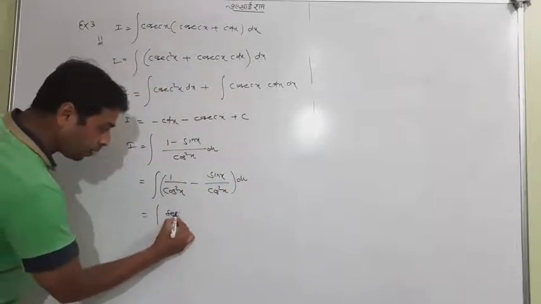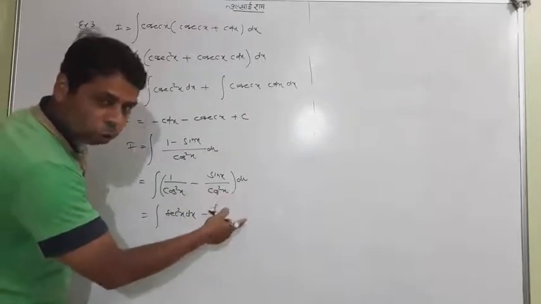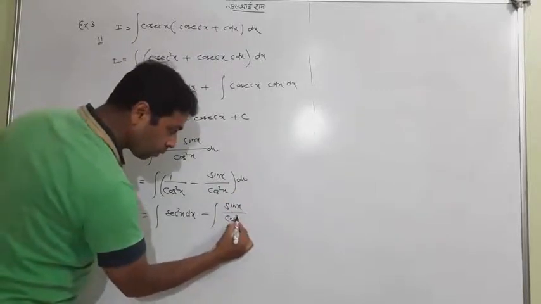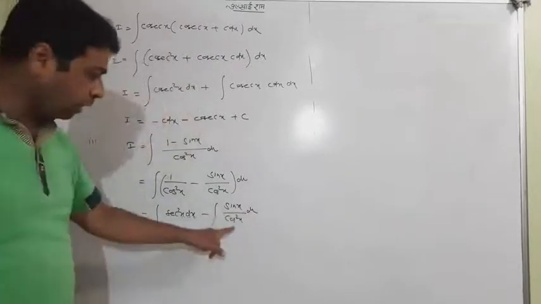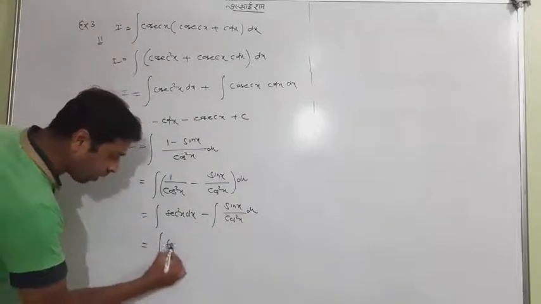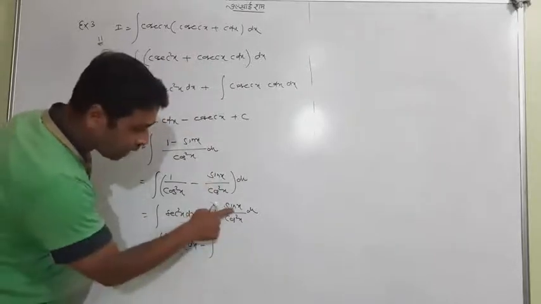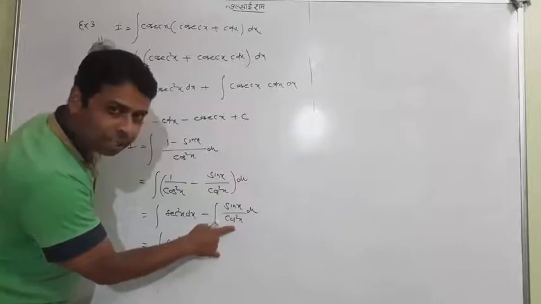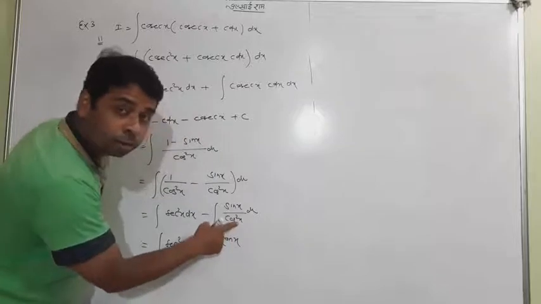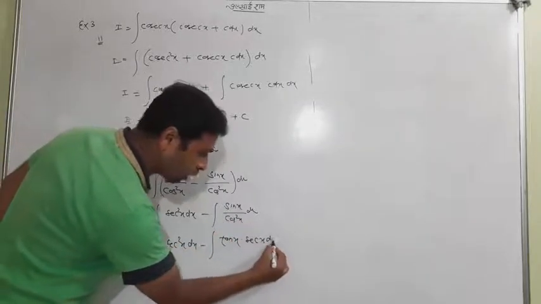1 by cos square x means sec square x, and I'm separating the integration into 2 parts also. This is going to be sin x by cos square x. Now the question is how to deal with this, because sec square x has a standard formula. Let me say something: right now I'm not doing that, but about that I tell you, sin x upon single cos, take a single cos from here, sin by cos is tan x, and 1 by the rest cos x, 1 by cos means sec x. So what I have done, you understood here.